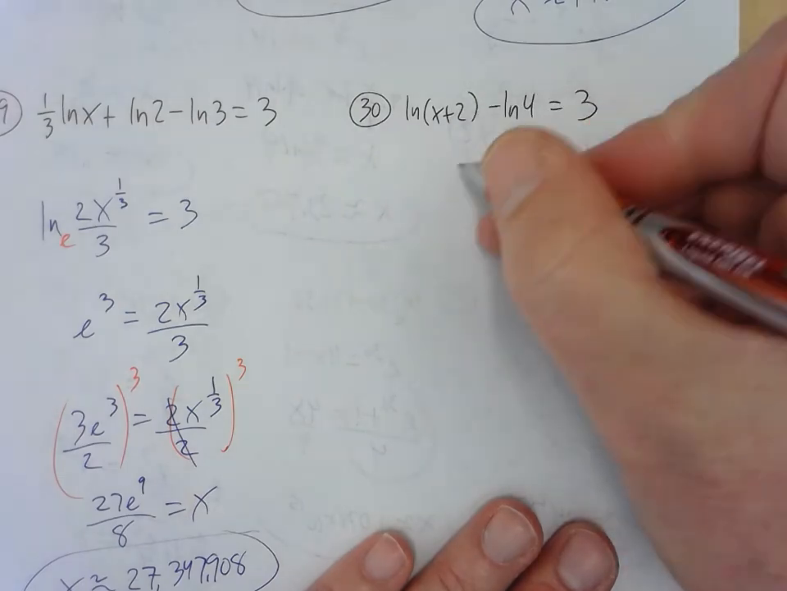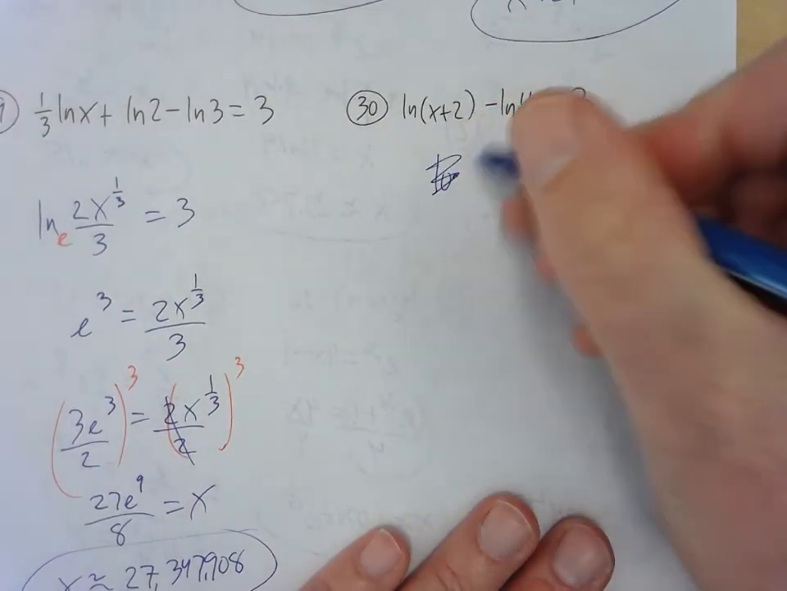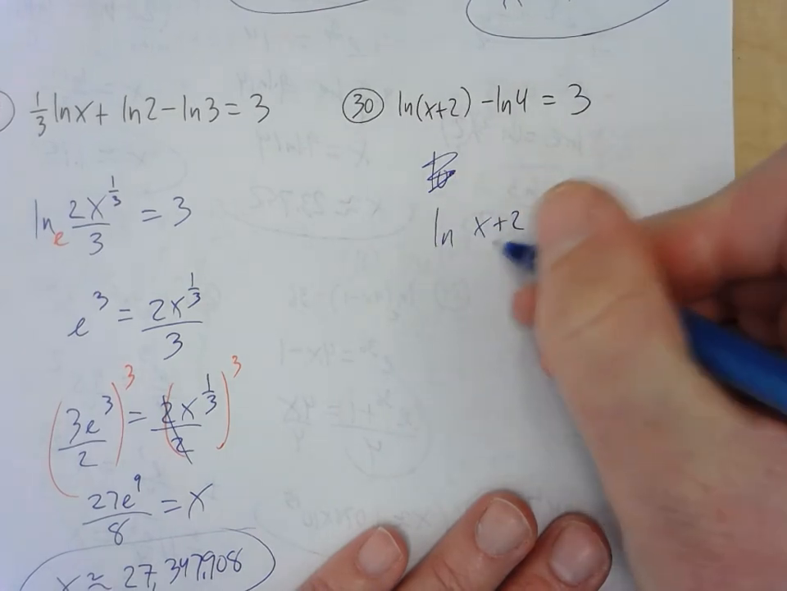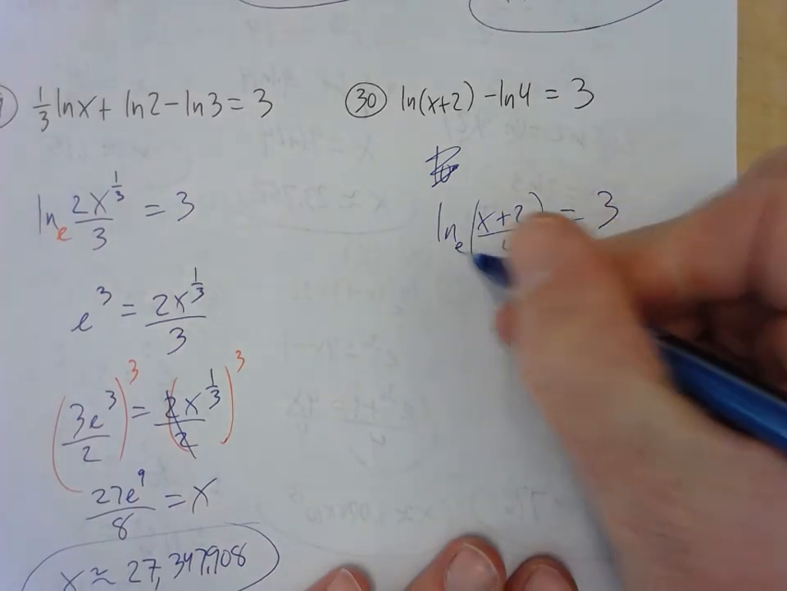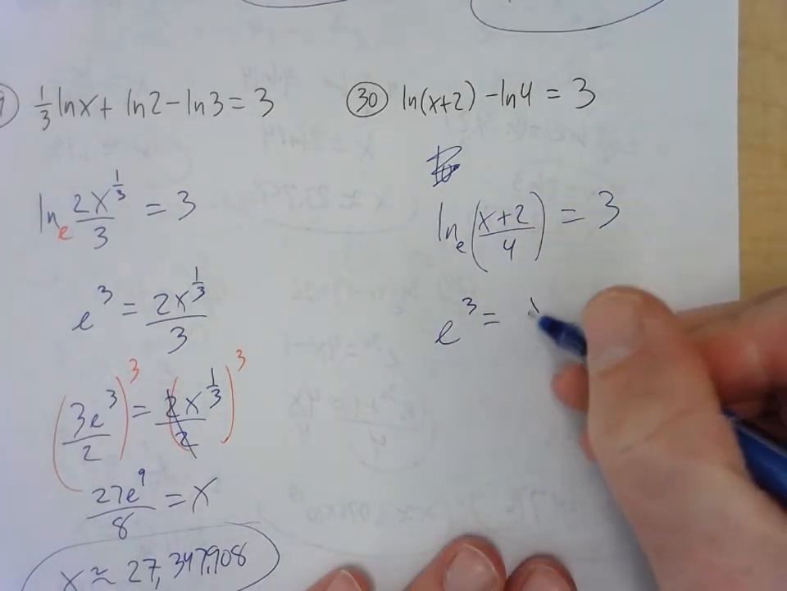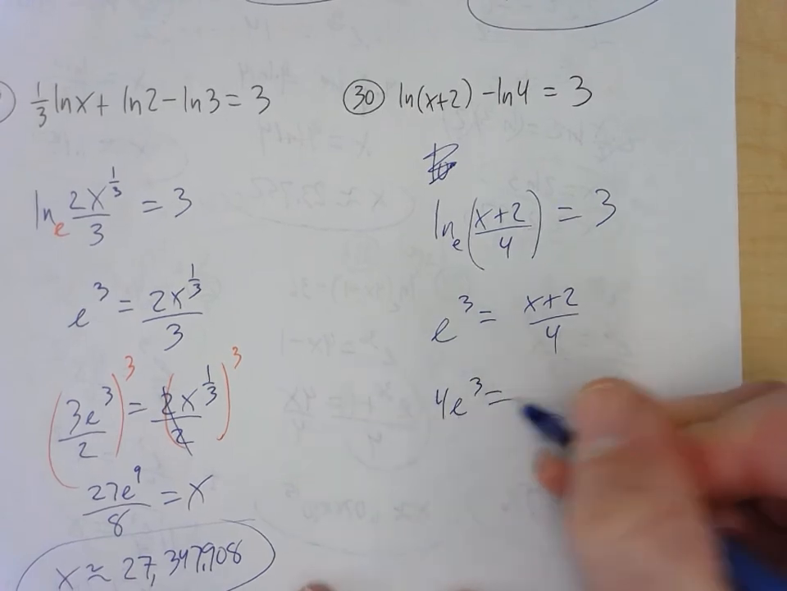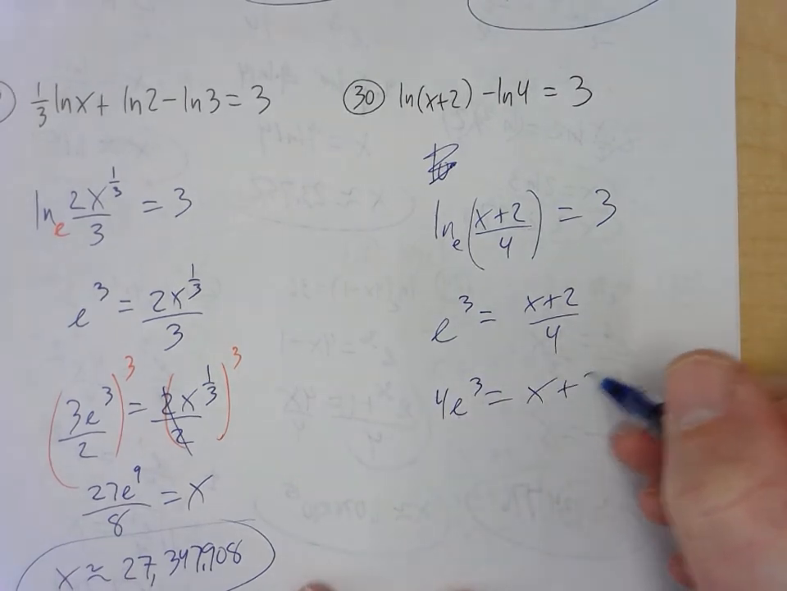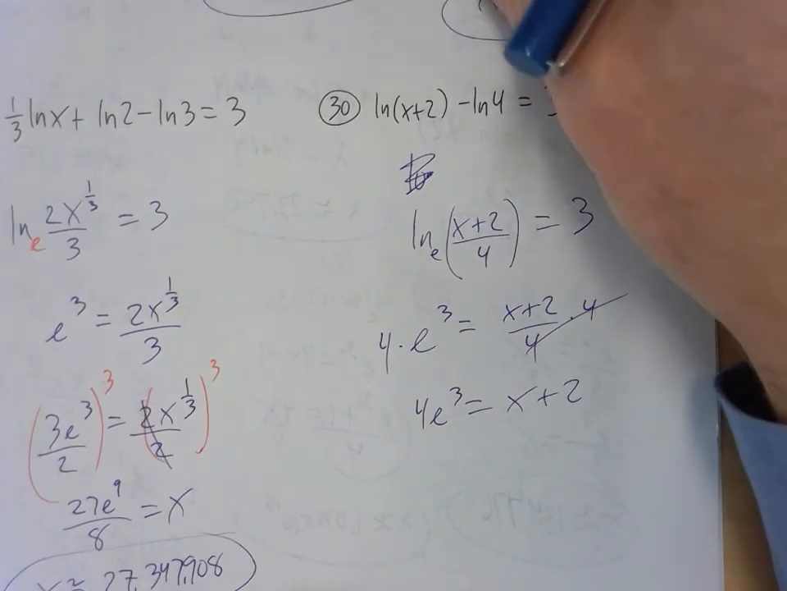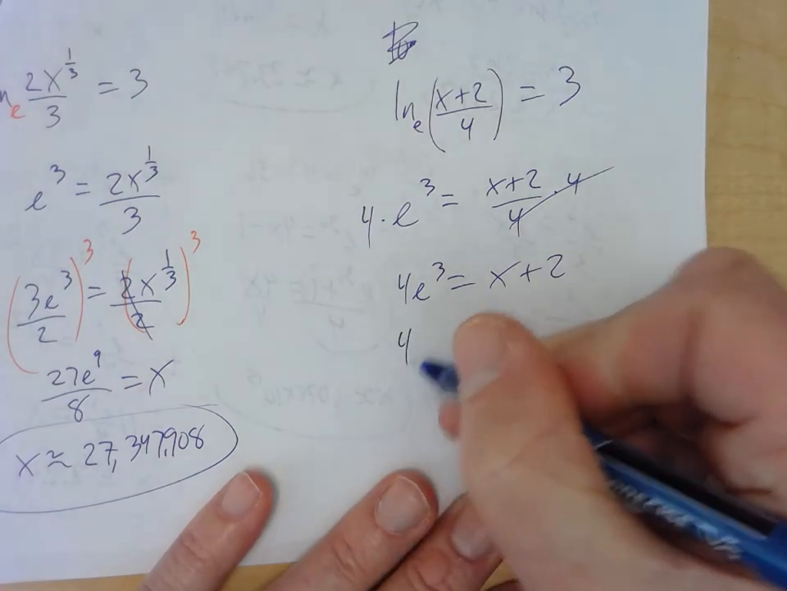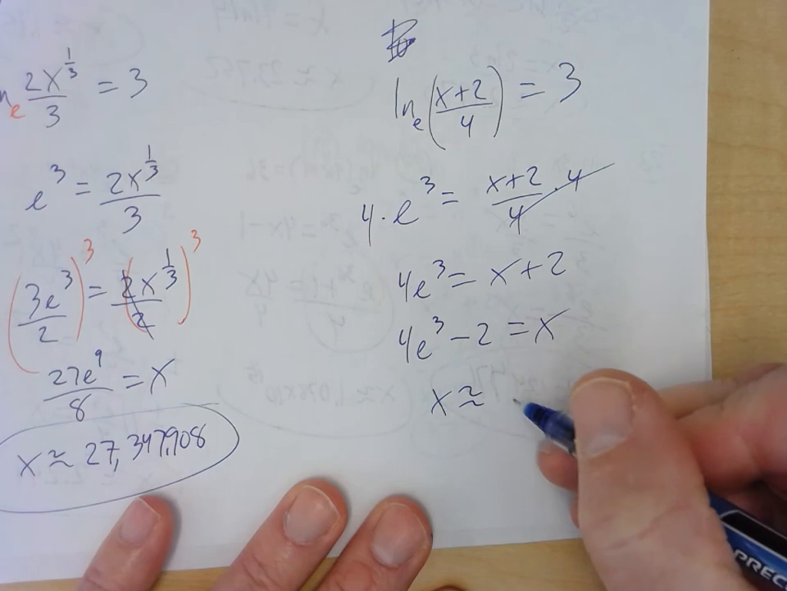This next one, I'm going to go ahead and condense it down again. That means division. So it is natural log of x plus 2 divided by 4 is equal to 3. So my base is e, so it's e cubed is equal to x plus 2 over 4. Multiply the 4 over, because I multiply each side by 4. Get rid of that. And then I'm going to subtract the 2 over, so it's 4e cubed minus 2 is equal to x. Type that in the calculator, and we get